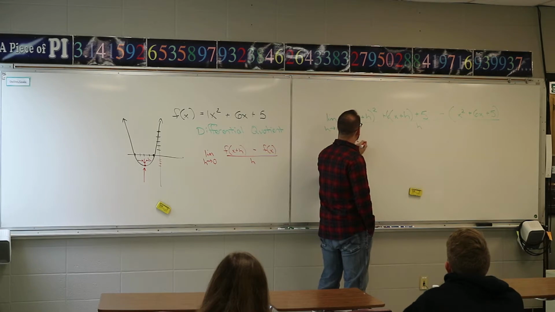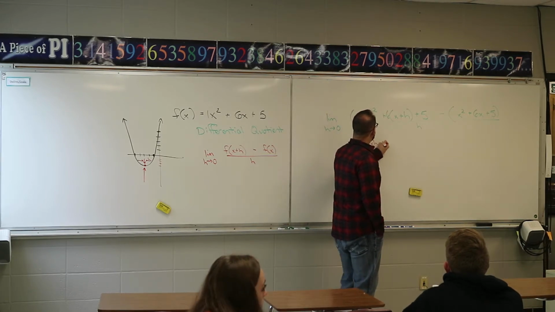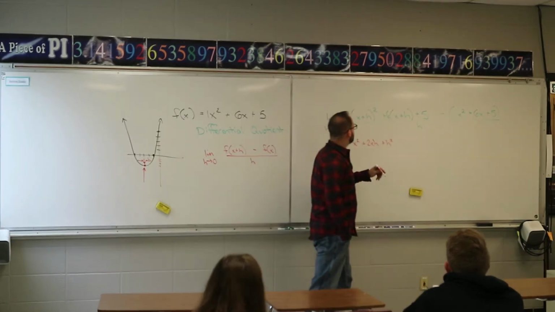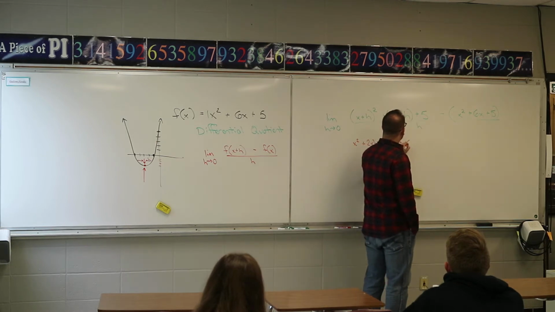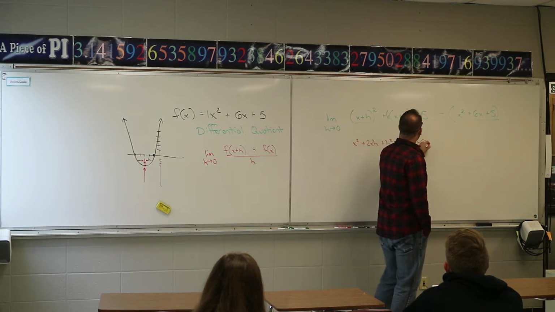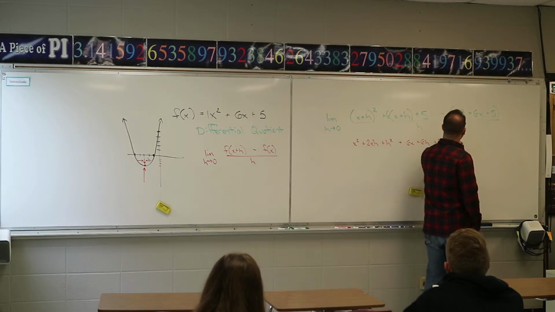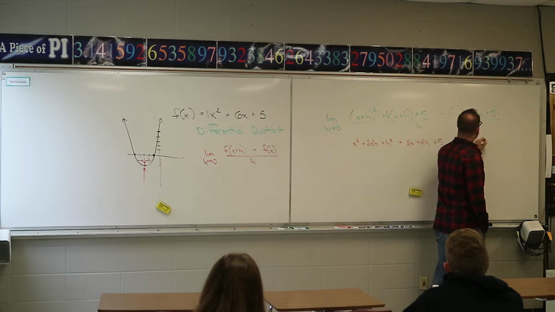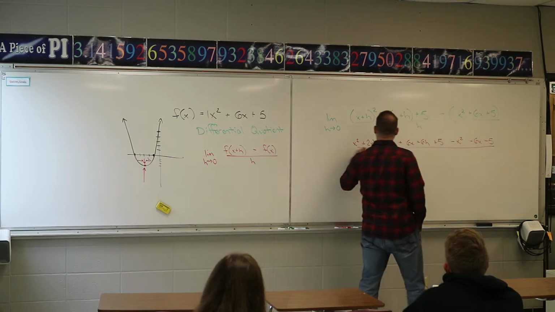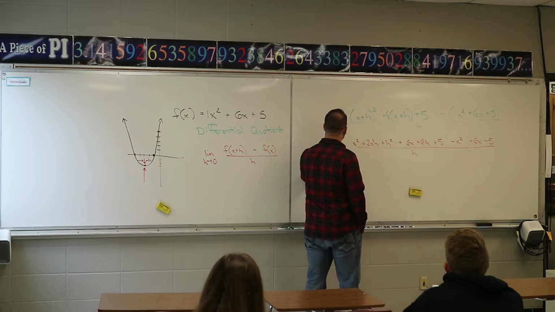It's x squared plus 2xh plus h squared. That's like FOILing for second class. Distributing the next part is 6x plus 6h plus 5. I'm going to distribute the negative sign through that back parenthesis. So there you go. And then I'm going to divide by h, and this is all as the limit as